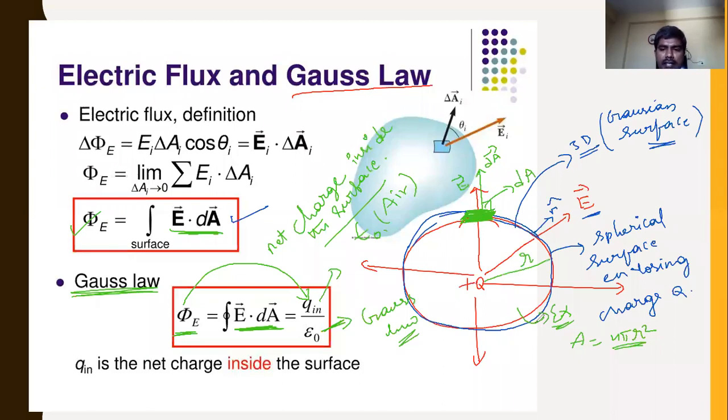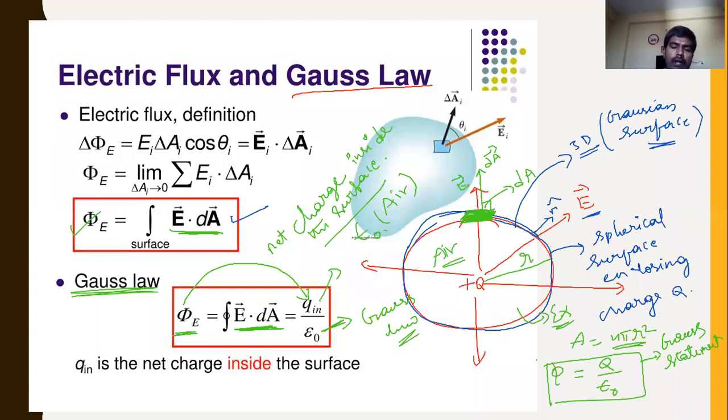Now what does Gauss law tell? Gauss law tells that the electric flux pi through this Gaussian surface is equal to the charge enclosed in it. What is the charge enclosed? Plus Q, divided by epsilon. We have nothing to do with the area in Gauss law. So pi will be equal to Q divided by epsilon, and here this is empty air, so you will consider epsilon naught. Therefore pi is equal to Q divided by epsilon naught. This is the Gauss statement.